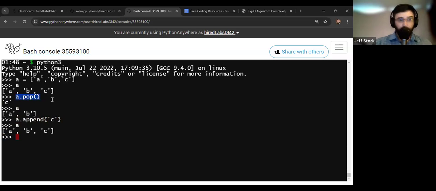The first is that these are built-in methods, and if you want to know the built-in methods for a string or a list, look in the Python documentation. It's got all these things written out. It's really, really useful stuff. But pop and append, those are pretty commonly used.